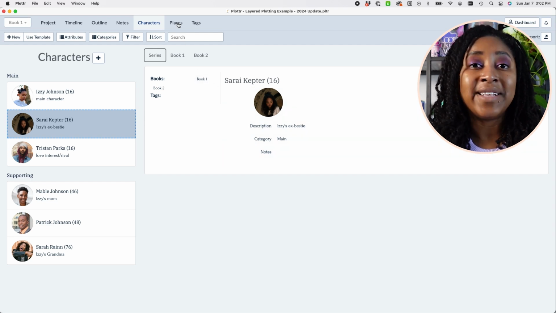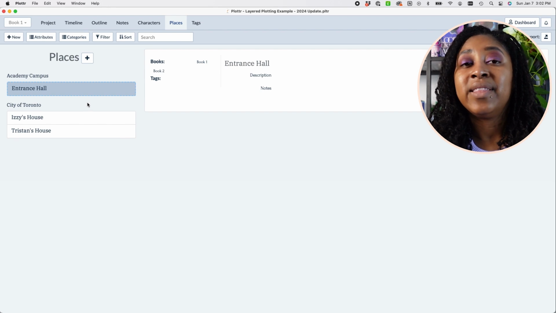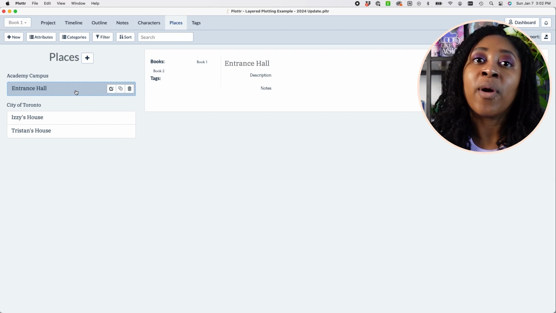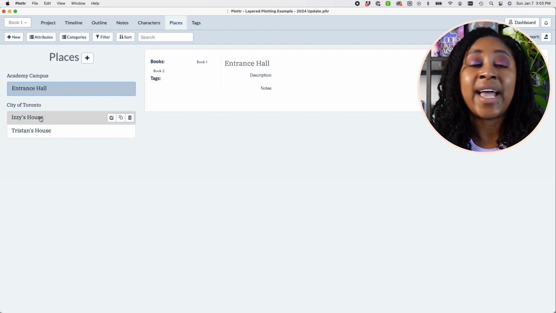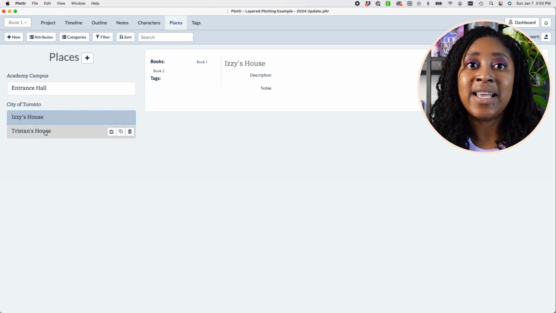Also helpful for places and being like, am I repeating this setting too much? Or if I wanted to be like, where are all the times where they were in this specific setting, I have the tag, and so I can see it really easily. And so I find those world building features to be really, really helpful.